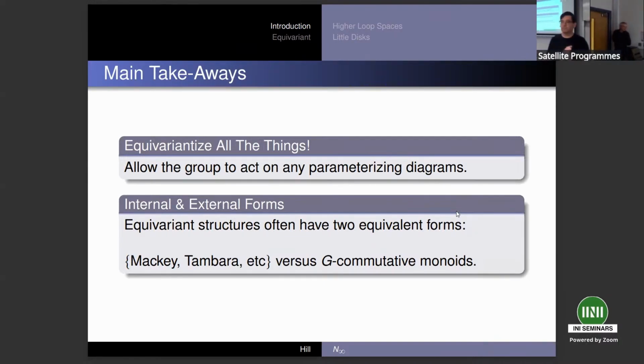So the main takeaways for my series of talks is that I want to first equivariantize everything. Obviously, in a workshop like this, I don't feel like I need to justify that claim. You've already drunk this Kool-Aid. But what I mean by the statement is anytime I have a diagram of objects, then I want to also include the possibility that the group acts on the diagram, not just all of the constituent pieces in the diagram. And I want to be able to do this in some sort of compatible way. So maybe I've got a G mod H worth of objects, and each of them is some kind of H object, and I want to think about intertwining those two things.